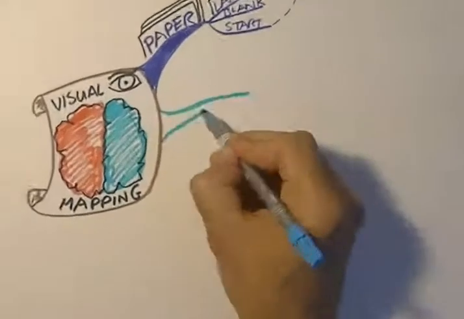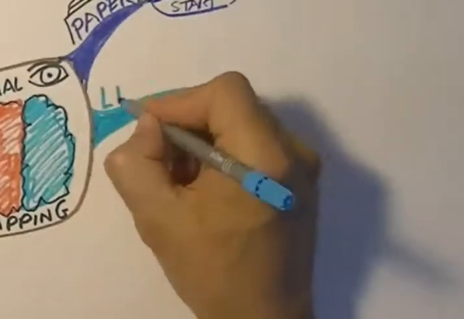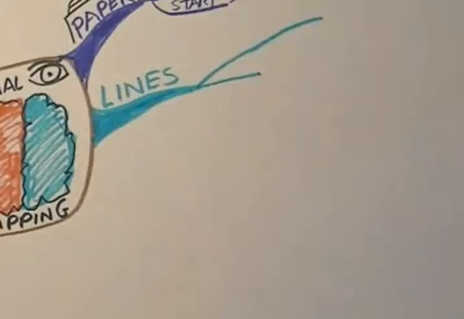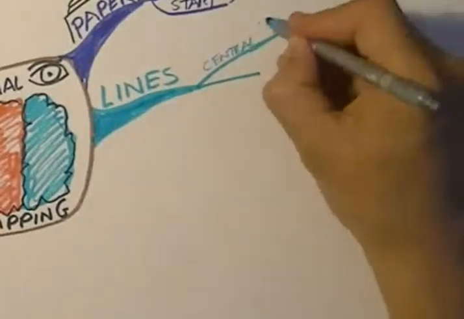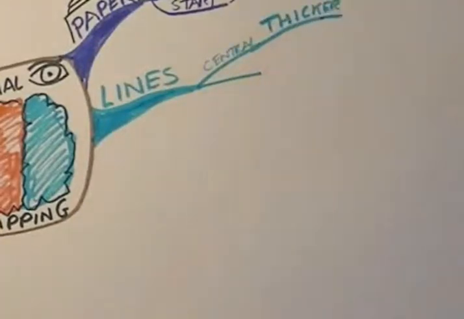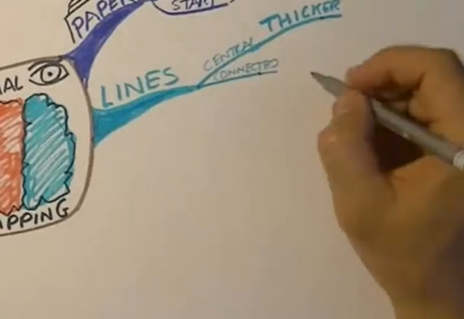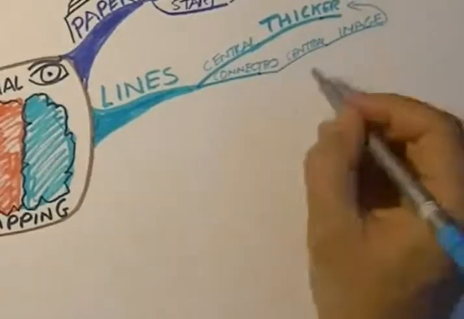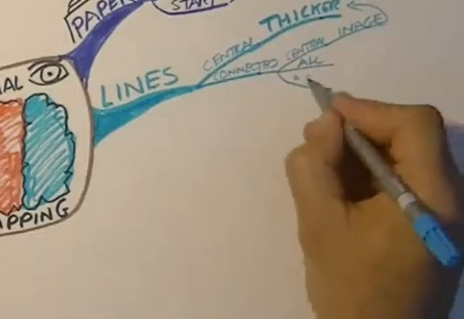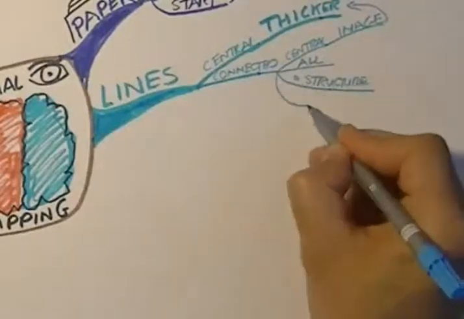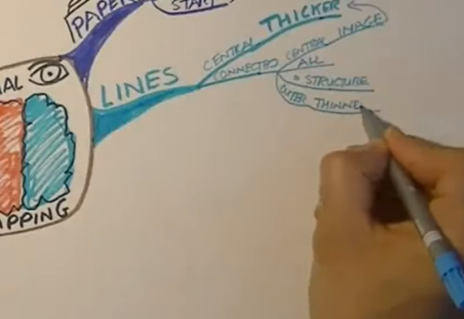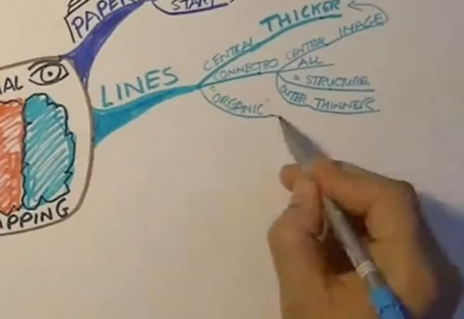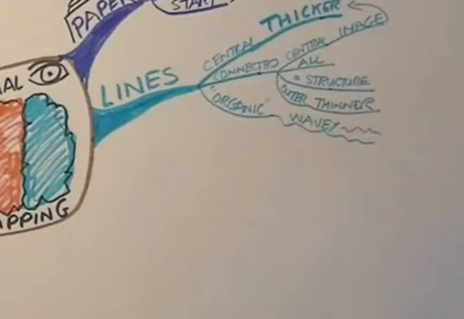The next branch is all about the use of lines on the map. The lines are thicker at the center so that you make it extra clear that it is a key topic, and these are connected to the central image. All the lines are connected, which creates a very clear structure, and the outer branches, as they move out, become thinner. It's really important to make sure the lines are wavy and organic so they become really distinctive and stand